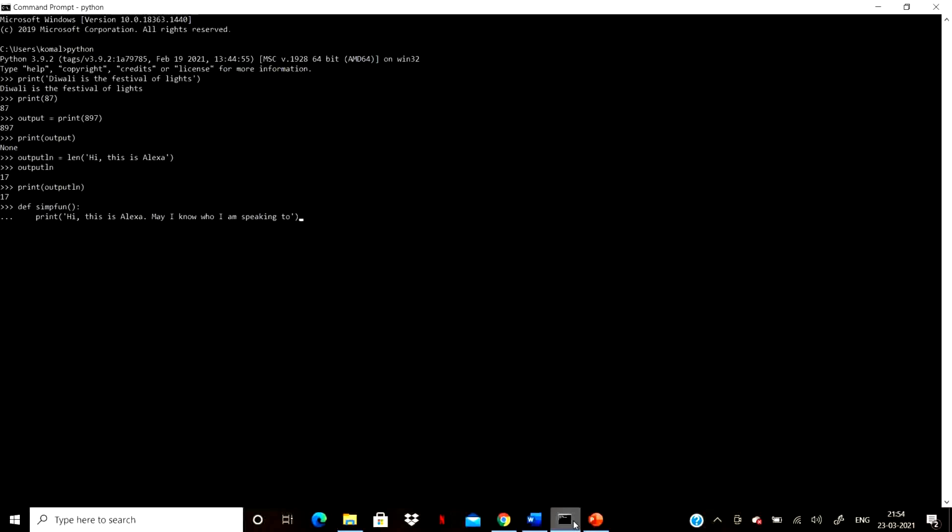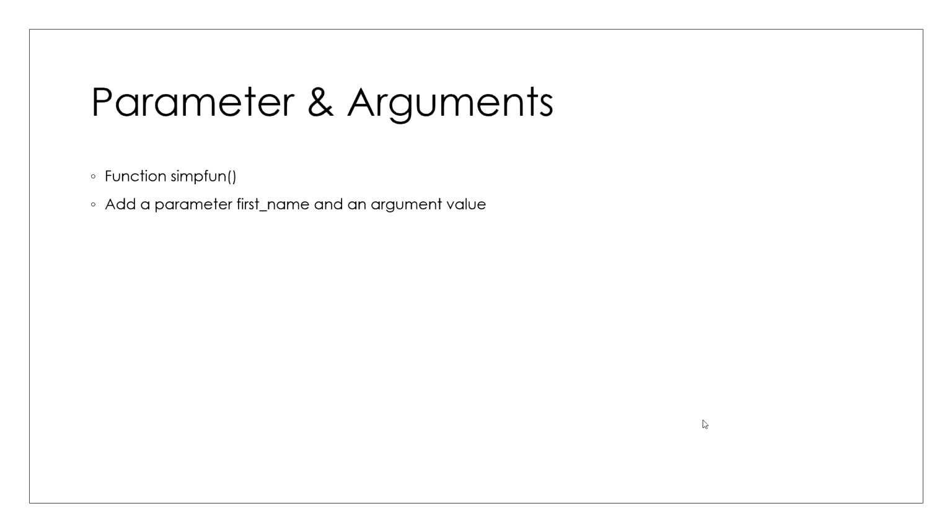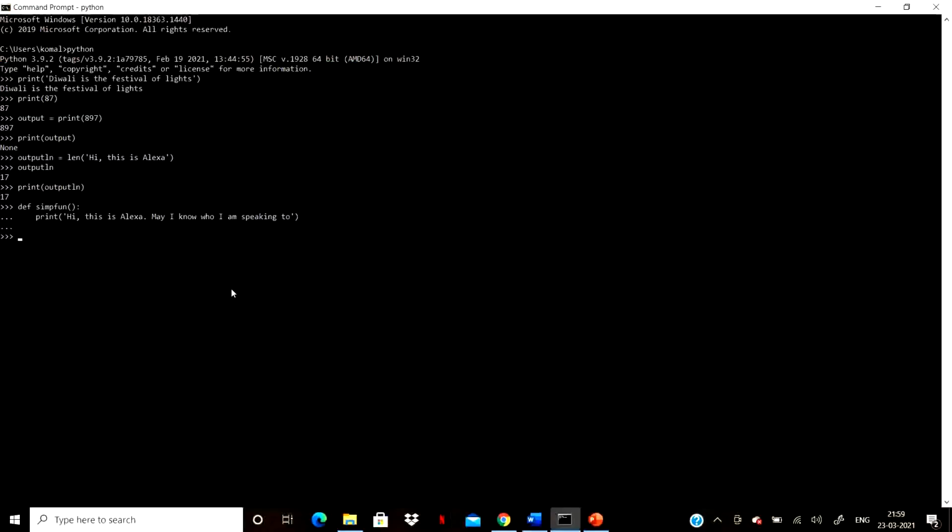This function mainly contains just one line of code, and we always indent following the def keyword using tab. This indentation helps Python identify succeeding lines of code which always go together. We can call out the function simply by mentioning the function name.